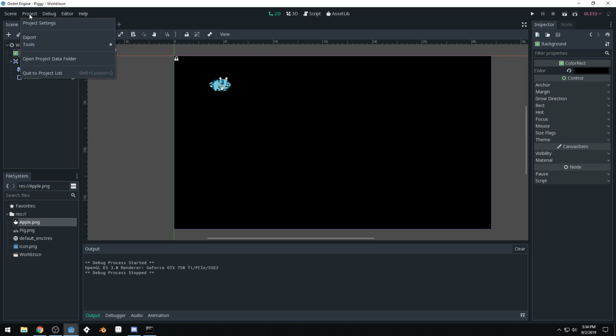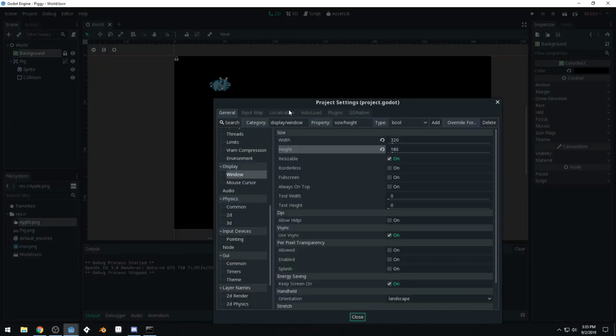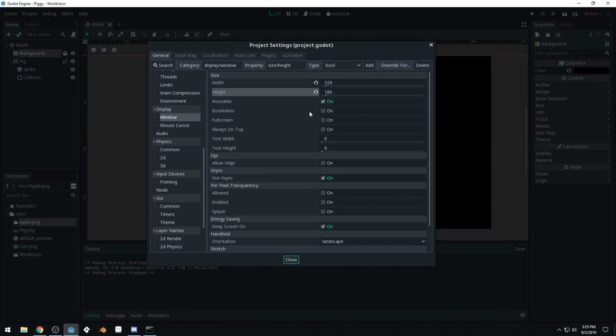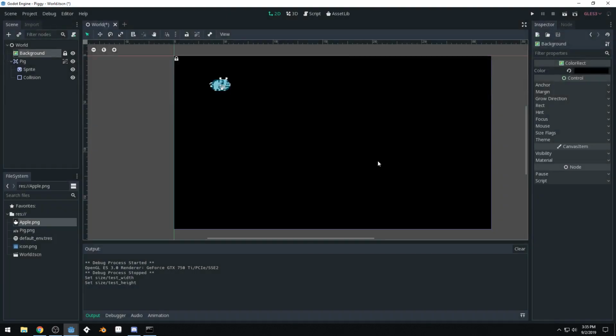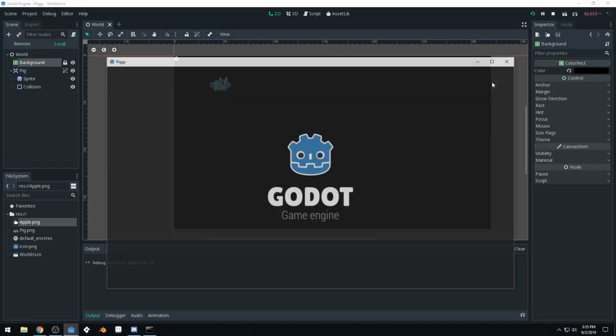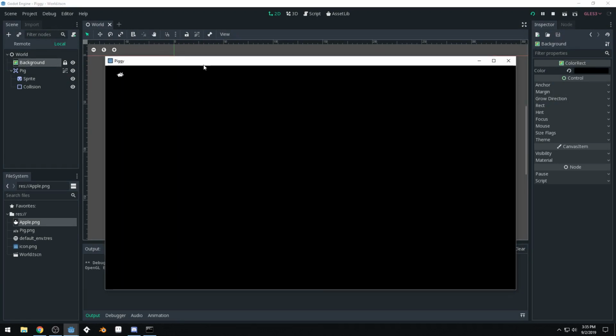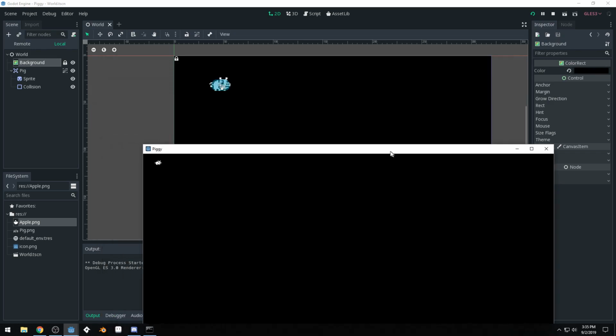So we want to come back up into project settings, come back into window here, and we want to set our test width and test height. I'm not sure why they call it test width and test height, but this is basically the window size. So we've set our game view size. Now we want to set the window size. So we're going to set these to 1280 by 720. Now if we run the game, our window size is large again, and the black background scaled up for the new window size like it properly should,